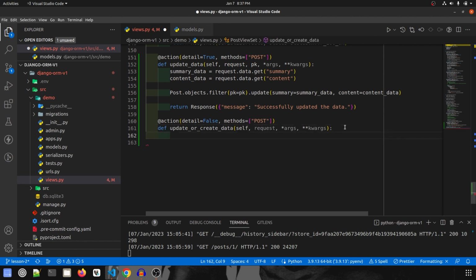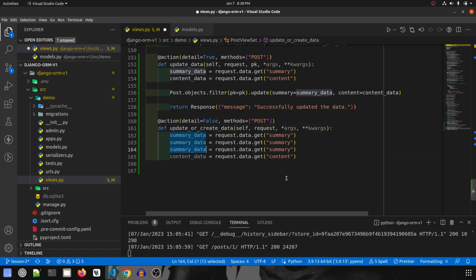So in this one we are going to take in the category. I want to show you all how to update category as well along with this, or actually we have already done category update, so it won't really matter, but anyways I'm going to do. Then I'm going to check for content, summary, title and author. So let me copy these two, so summary data and content data there, and I'm going to paste it twice. This will be title data and it will come from title.